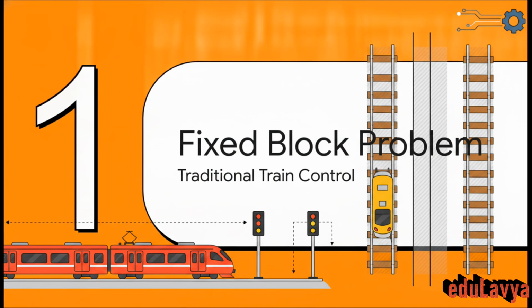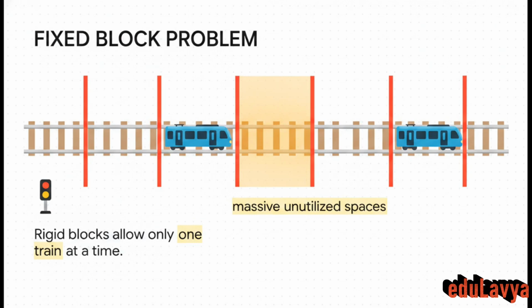Section 1. The fixed block problem. To really understand CBTC, we first need to look at traditional train control and the old-school way trains are kept apart to prevent catastrophic collisions. For decades, railways have basically relied on what we call absolute or automatic block systems. Think of this like a giant, rigid traffic light system. The tracks are carved up into fixed lengths, and only one train is allowed to occupy a block at any